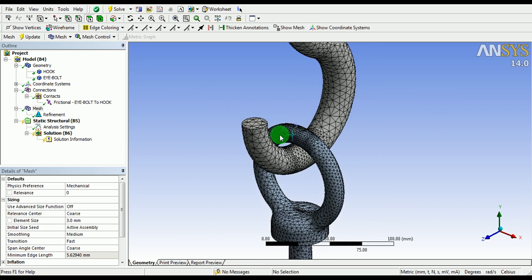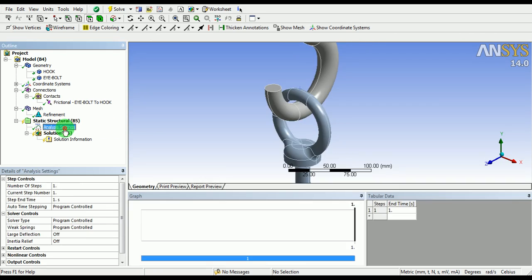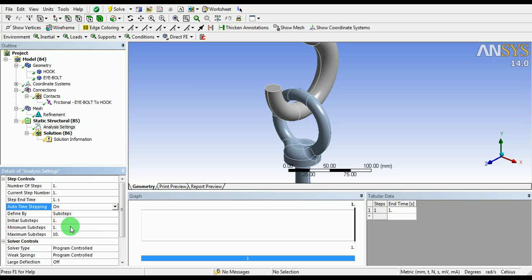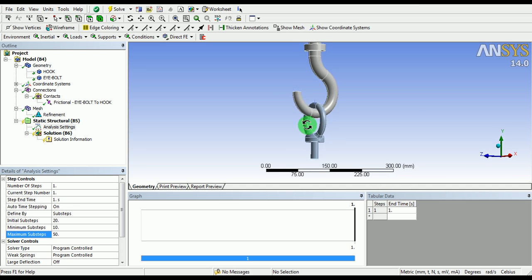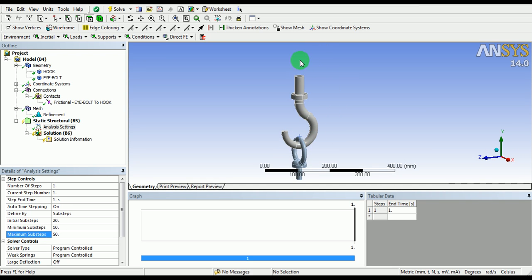Now pick on the analysis settings. This problem needs to be solved with auto time stepping on. Initial substeps to be 20, minimum to be 10 and maximum substeps to be 50. Observe carefully. The eye bolt will be fixed and the crane hook will be moving in the upward direction, that is the Y direction.